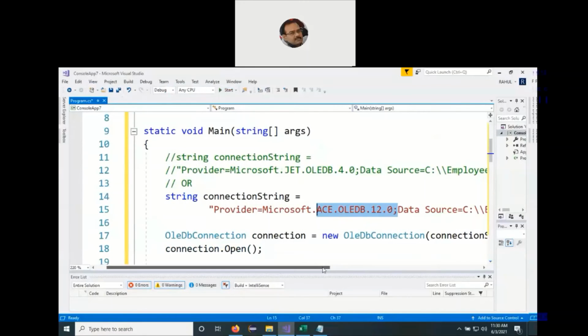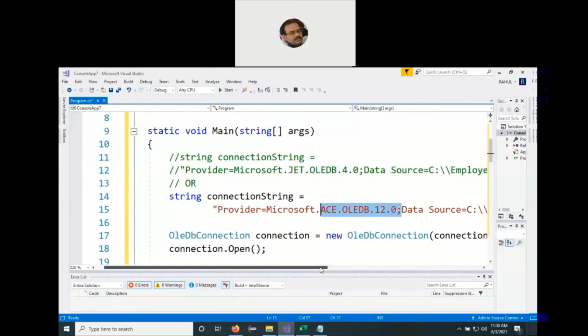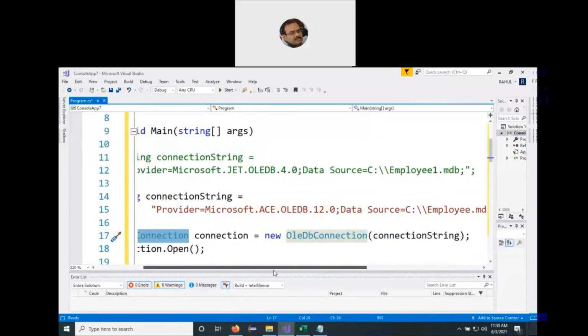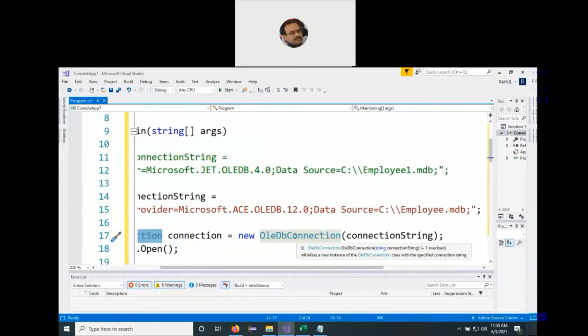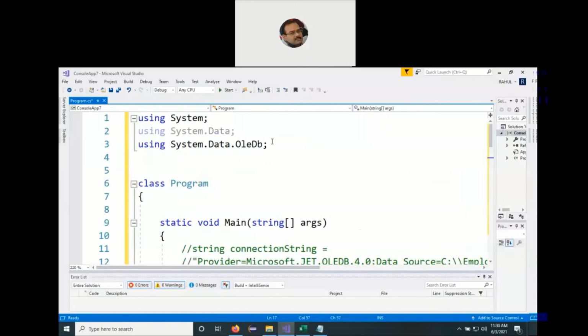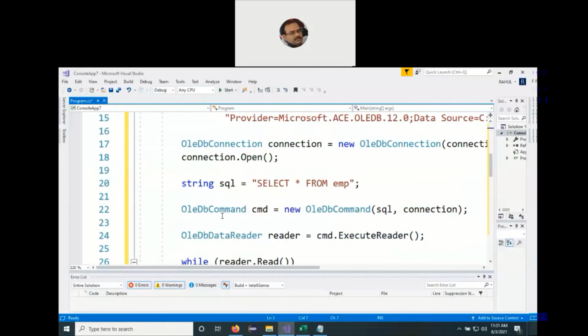So for that, we have also discussed a class before called OleDbConnection, and the name itself tells this is a class provided by the object linking and embedding database mechanism only for dealing with the connections, that is connection from the front end C#.NET program to the backend database. So what do we do here? We make a call to the one argument constructor of the OleDbConnection class, and we have already imported the required namespaces at the top, so we will not have a problem because we are already importing System.Data.OleDb, right?